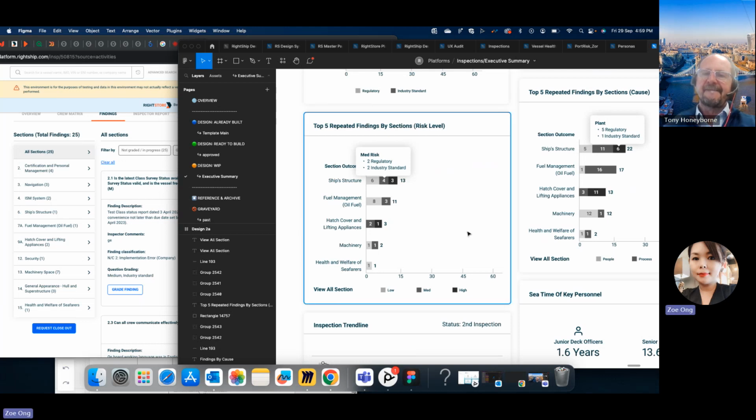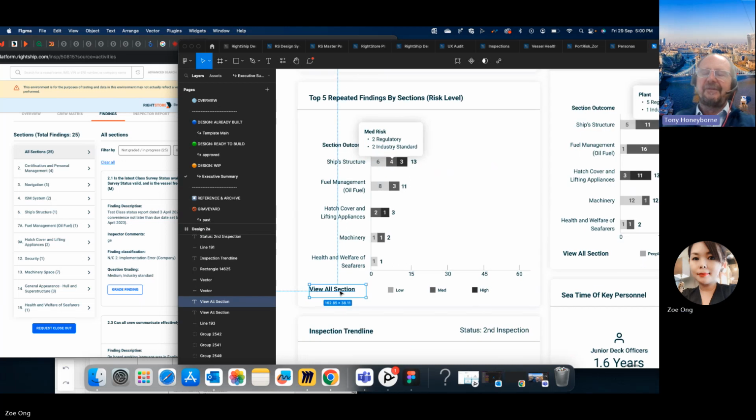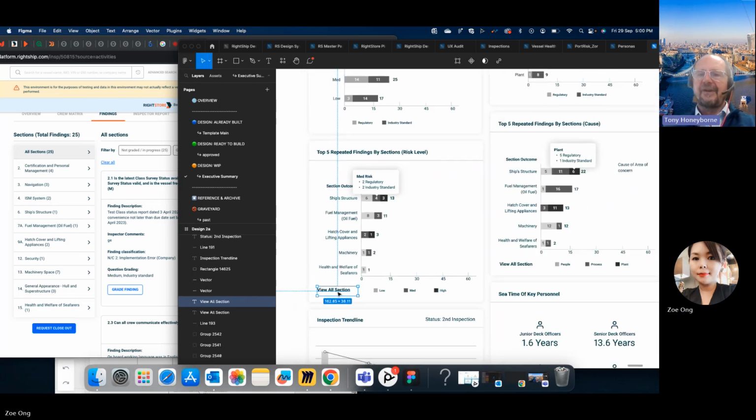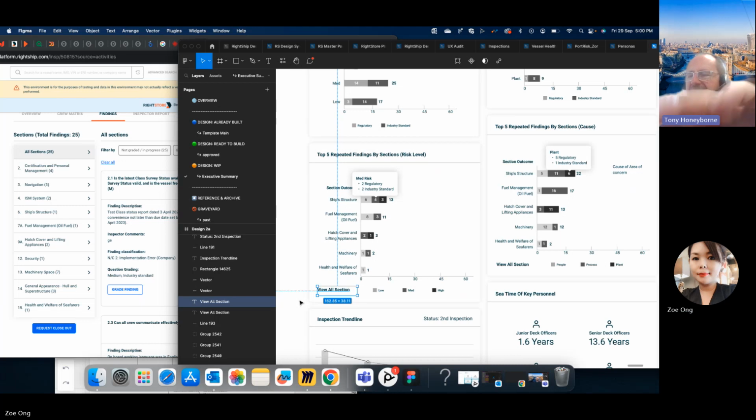So, are you saying that in this executive summary, other than the repeated findings, in this view, it's just the top 5? If you want to see more, you have to click this. And then under each section, no. If you can open this up to cover all sections, right? This shows us where the sections are that have repeat findings. That's fine. So what you've created here is fine, providing we can open that up and see them all, not